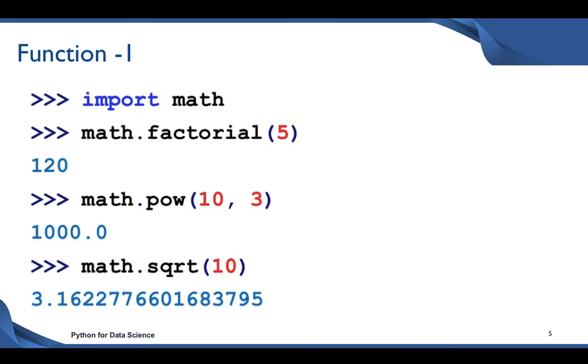Similarly, if we wanted to calculate any factorial, that can be calculated by using the dot factorial method, and power is calculated by using the power method, right? And if we wanted to do a square root, that can also be done. So let's get into practice all these methods,